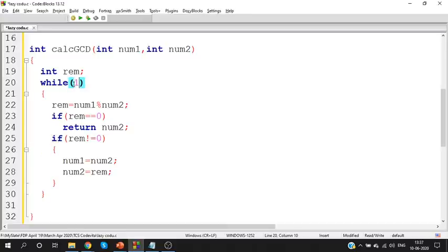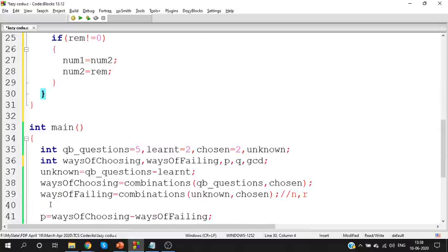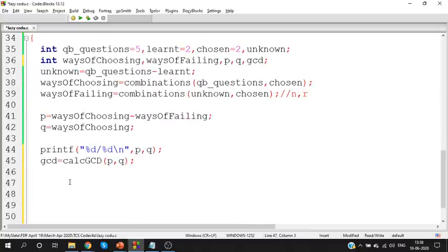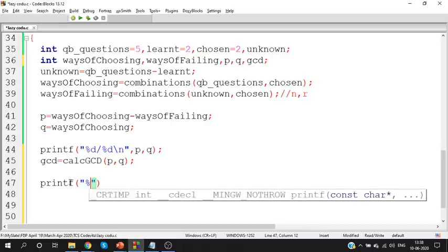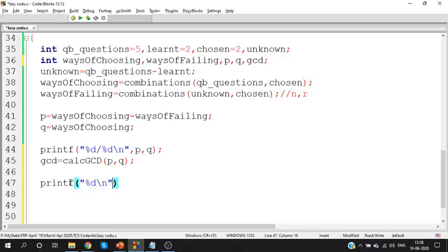So this is nothing but a loop, repeating the process. So while(1), there is no specific condition here. Why? Because at any point I will definitely reach the remainder 0. So when I reach the remainder 0, return that GCD because I need the GCD here. So return that GCD. Now I'm going to print the GCD. printf %d, GCD. The numbers that we are working with are 7 and 10. The GCD of 7 and 10 is 1.